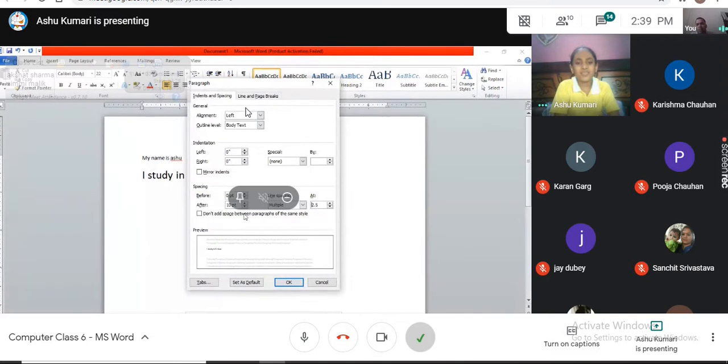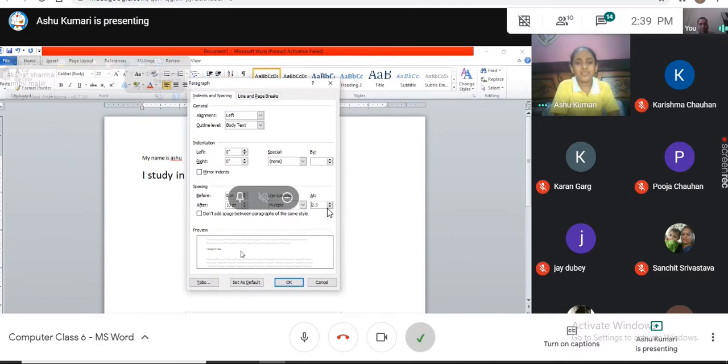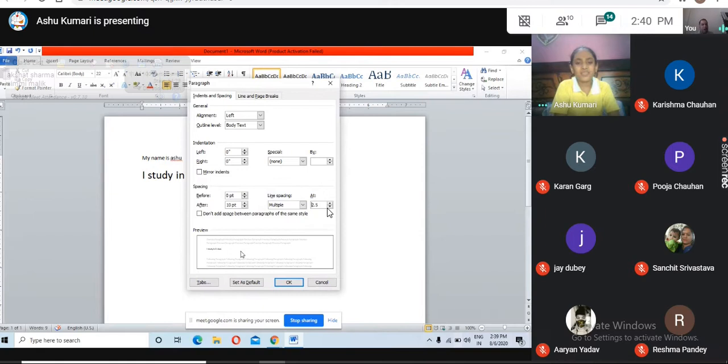Once the pop-up box comes in, there is the Indents and Spacing option. Go to the spacing section, where you can increase or decrease the spacing between these two lines. This is how we can change the spacing. By the way, the measurement of spacing is multiple of, and you can change it as well.